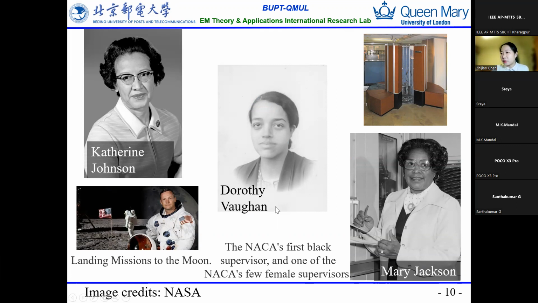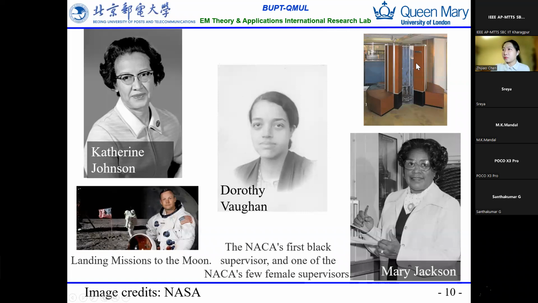Dorothy Vaughan was NACA's first Black supervisor, and also one of NACA's few female supervisors. NACA is the previous name of NASA. Mary Jackson worked with Dorothy Vaughan, who was a very good supervisor, and under her supervision they used the IBM computer for the first time to achieve the landing missions to